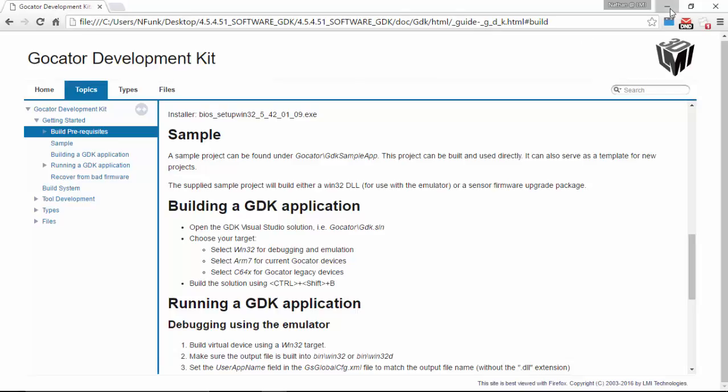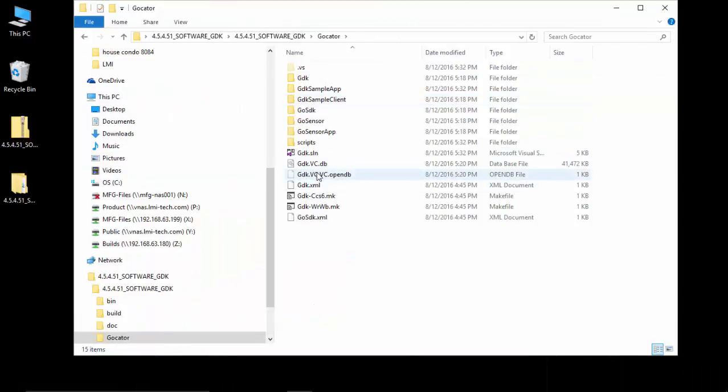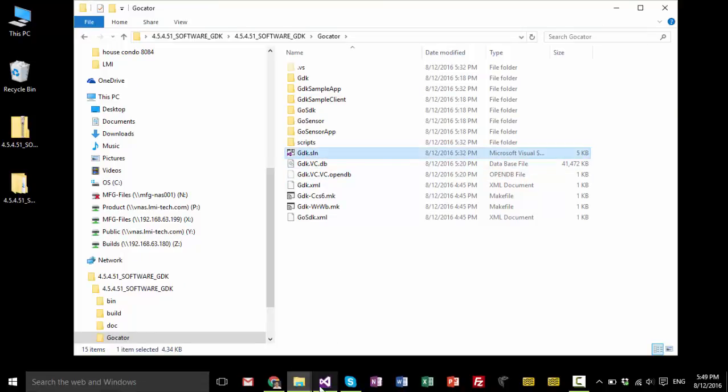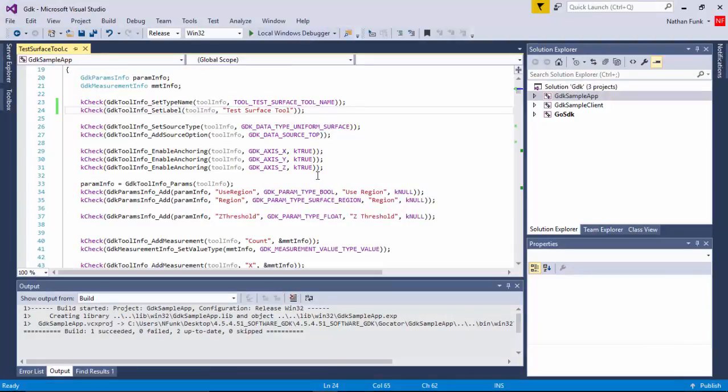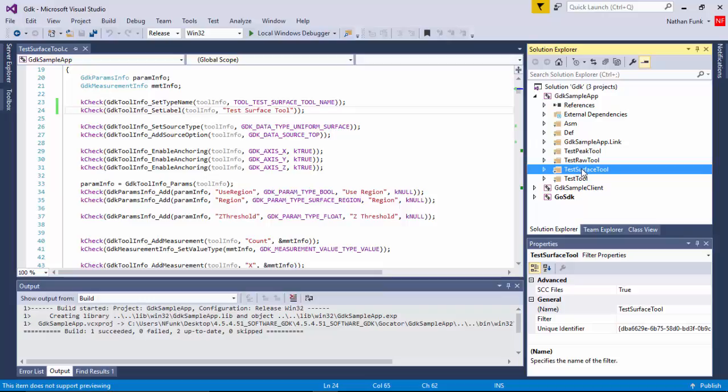So that's what I'm going to show you here. You just have to go into the GoKater directory and then double click on this gdk.solution. I've got it loaded here already, and I'm looking at an example tool inside the GDK sample apps, and it's called the test surface tool, so that's what I'm going to be focusing on. There's a number of different build targets that you can work with.